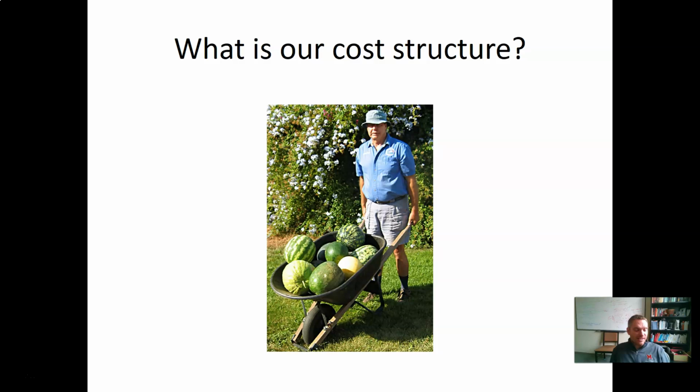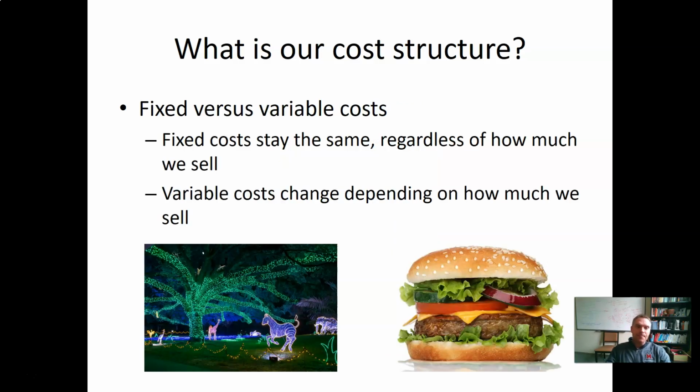This man is selling watermelons. He buys the watermelons for $1 each, puts them in his wheelbarrow, wheels them across town and sells them for $1 each. He works hard all day long, and at the end of the day, he says, oh man, I didn't make any money. Maybe I need to get a truck. And the joke is he didn't understand his cost structure. Every time he bought one, he was spending exactly what he made when he sold one. And so he made no money. You need to understand your cost structure.